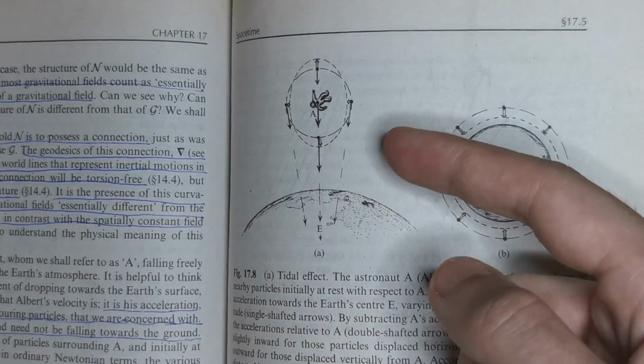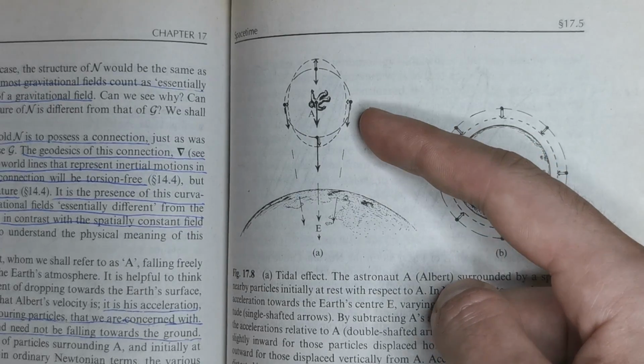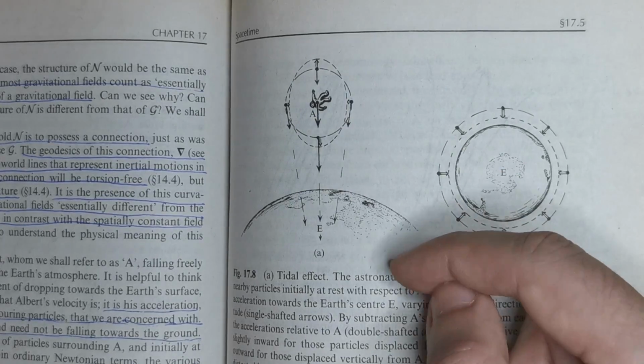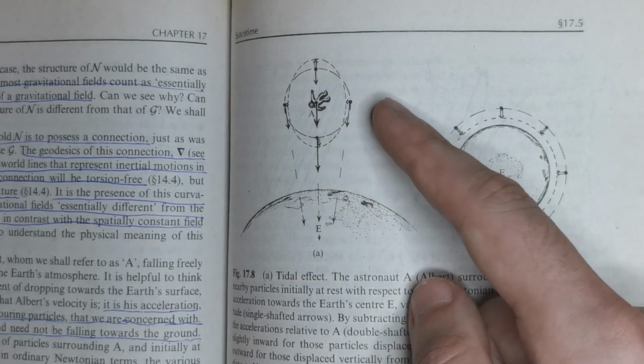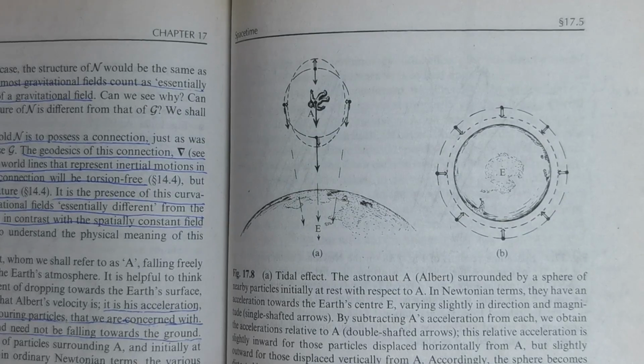So, for example, Albert could be in orbit and just in free fall here. And due to this planet's gravitational field, this sphere of particles around him will deform into an ellipsoidal shape, and the volume of it will be